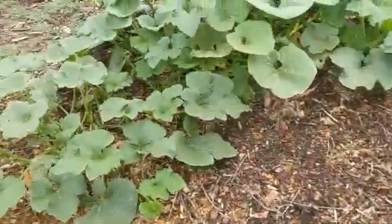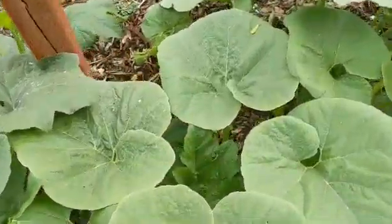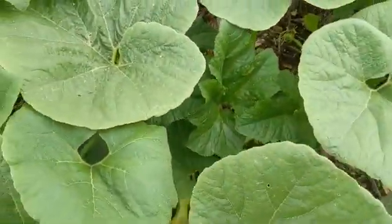We're gonna have tons of pumpkins. My kids have had a pumpkin sale the last 2 years. This will be the third year. And yeah, I think it'll